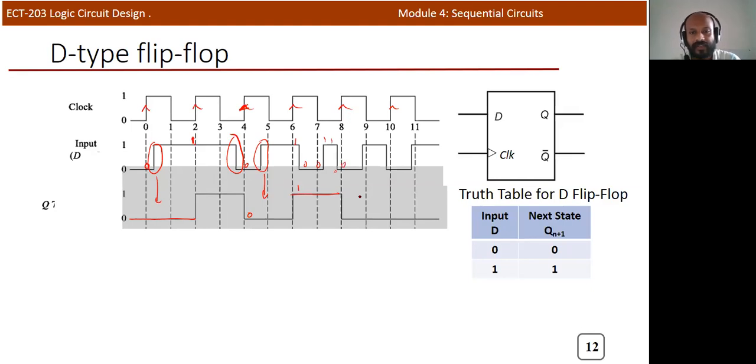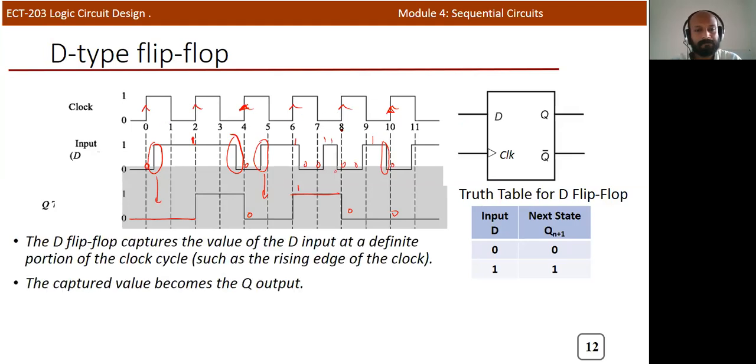Now we can see that here it is 0, so the output will change. But here you can see that at this particular instant, the input is changing from 0 to 1 and 1 to 0. But at instant 10, the input is 0, so it will continue at 0. That change from 0 to 1 is not reflected on the output side because it continues in that particular state, because this particular flip-flop is sensitive only to the rising edge of the clock. The same thing.